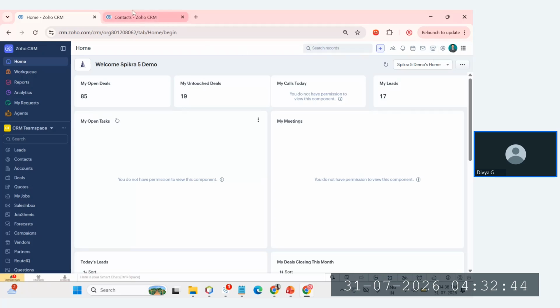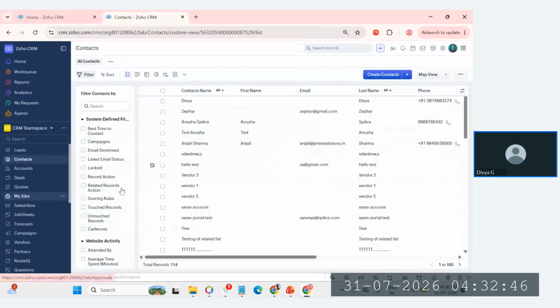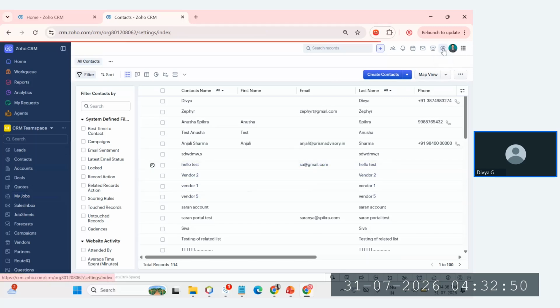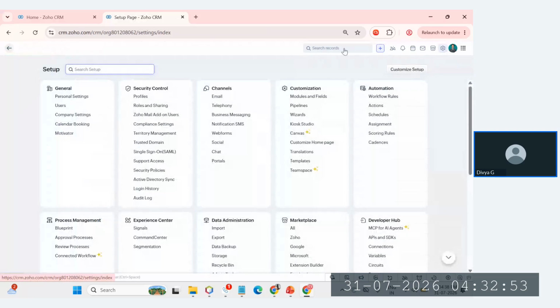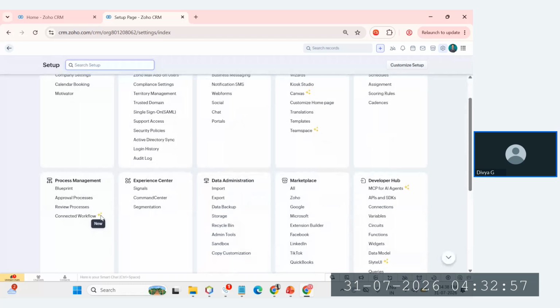And one more thing is, this is the UI part. If you want to automate anything, we have to go to the backend. You can see everything here. If it is new, it will be shown with a star mark, so it is easier for us to identify it. Okay, it is a new feature, so we can explore it.